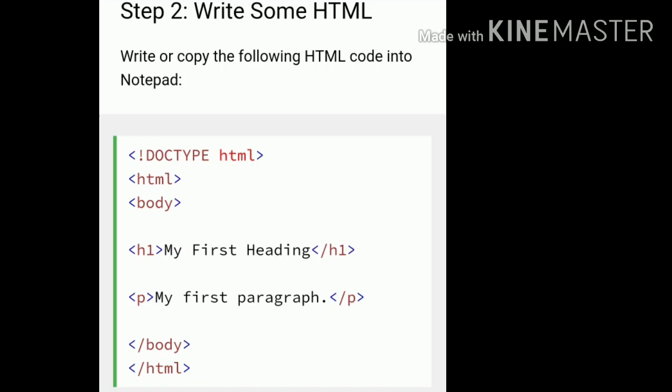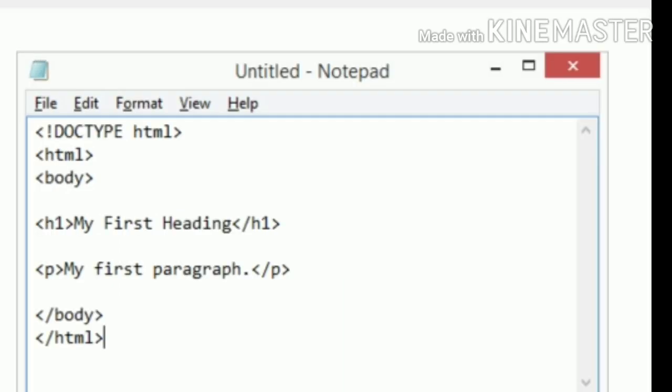After that you can write an h1 tag, with my first heading inside, closing the h1 tag. After that write the paragraph tag, the opening p, my first paragraph, closing the paragraph tag. Then the closing body tag, and then the closing html tag.